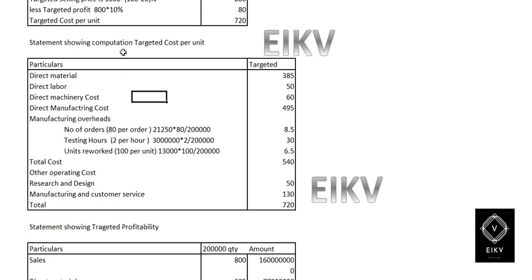So again I have made another table in which we have two columns, particulars and targeted cost amount, and we need to compute the targeted cost. So in this question it is given direct material as 385, direct labor as 15, as well as direct manufacturing cost as 60. Therefore the total cost will become